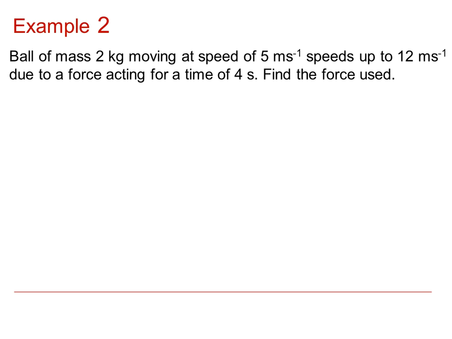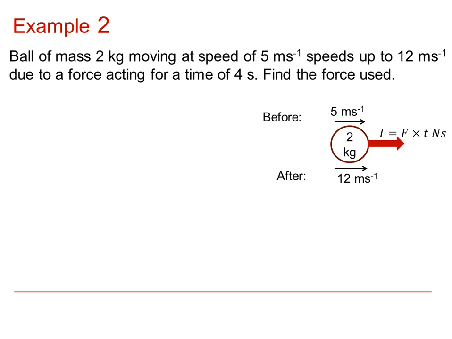In the second example, we're going to have the same mass, this time moving at 5 meters per second, speeding up to 12 meters per second because the force is acting for a time of 4 seconds. So in a picture, we've got our before and after situation, and then we can indicate the impulse as being force multiplied by time. Again, we need a positive direction, so taking that to the right, we can now say that force multiplied by time, the impulse, is the change in momentum, mv minus mu,